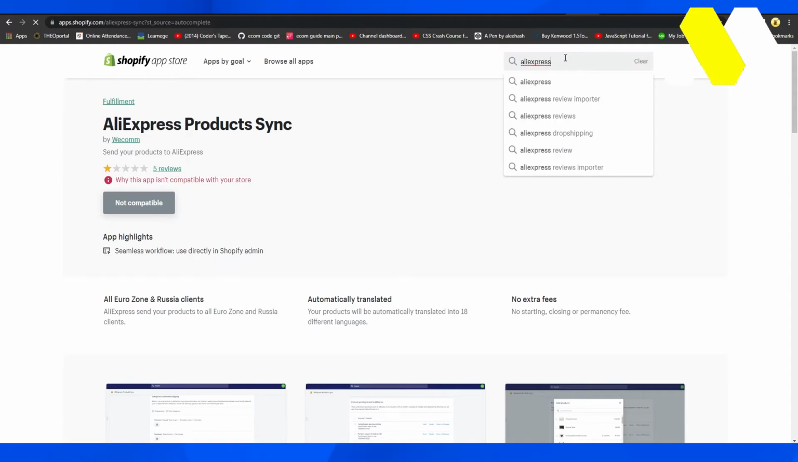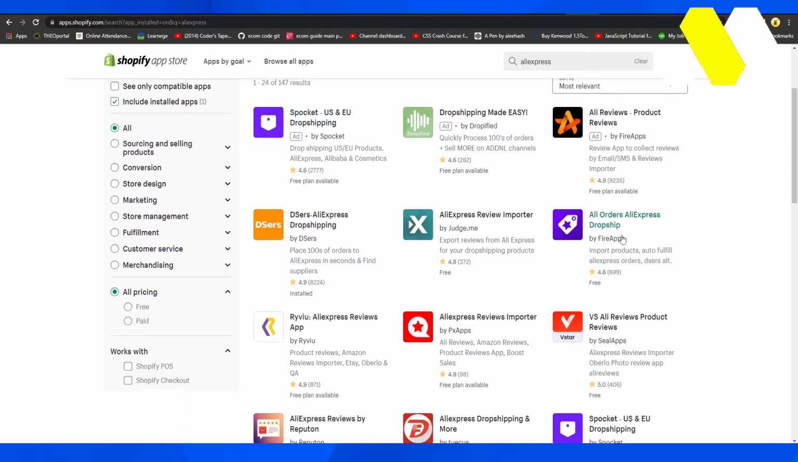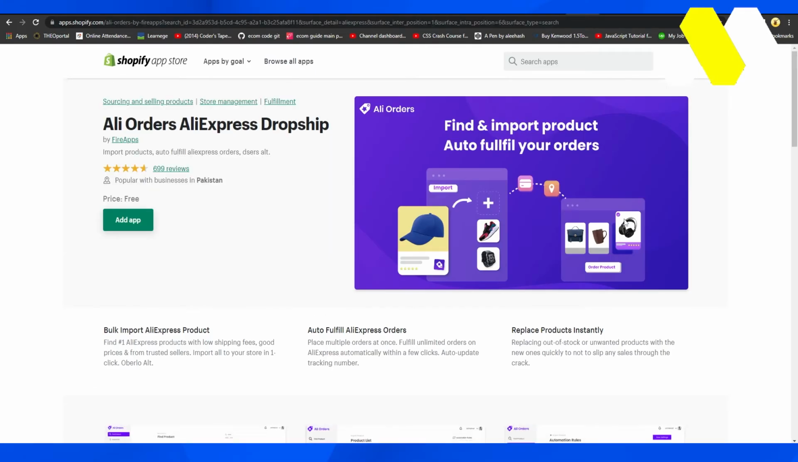And then after that, from over here, simply wait for a few seconds. Now from over here, simply click on AliExpress, simply click on Ali Orders, AliExpress Dropship. Now, this particular tool is going to allow you to basically import products, auto-fulfill AliExpress orders, and it's a DSers alternative. So all in all, this is a great plugin that you can use to basically import products from AliExpress